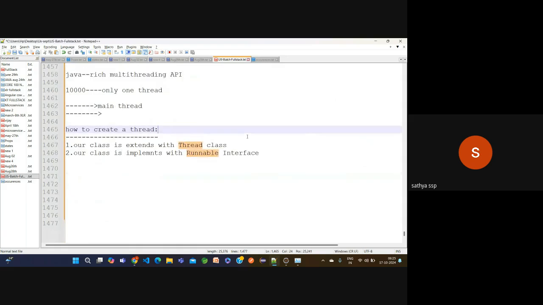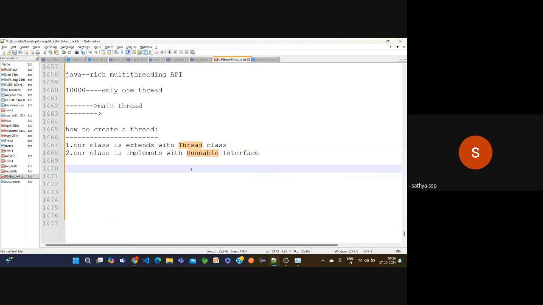Now whatever class you created, that class should extend the Thread class or implement the Runnable interface, then only the other thread is created.